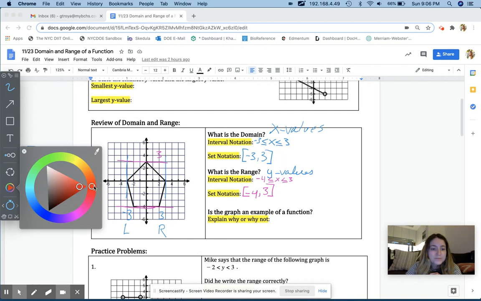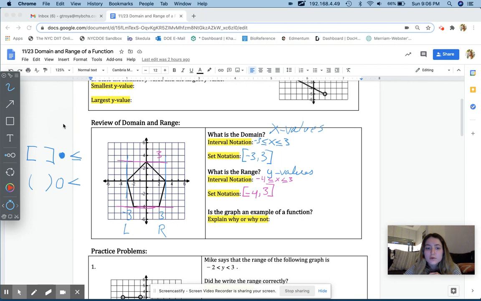So when we look at is it a function or not, we have to remember to use our vertical line test. So I'm making some vertical lines here. And if I see that any one of these inputs has more than one output, so let's say at 2, at our input of 2, we have 2 outputs here. At 1, then at -4. So therefore it is not a function